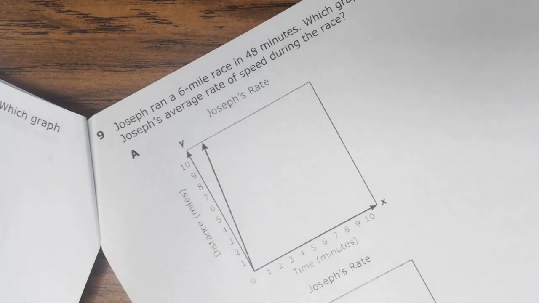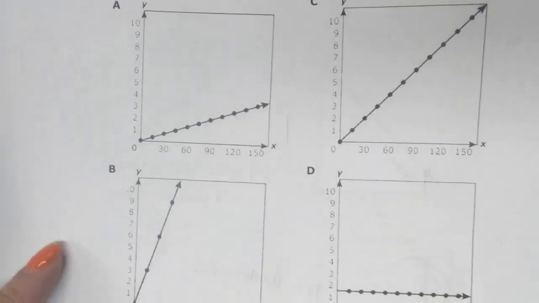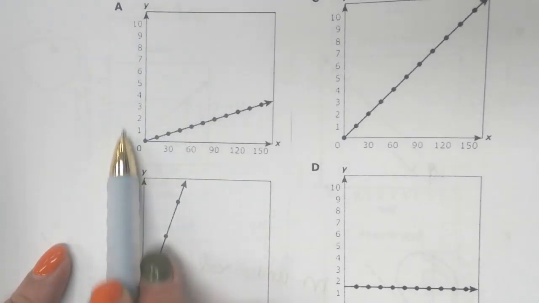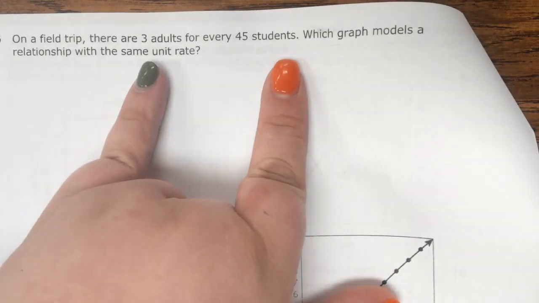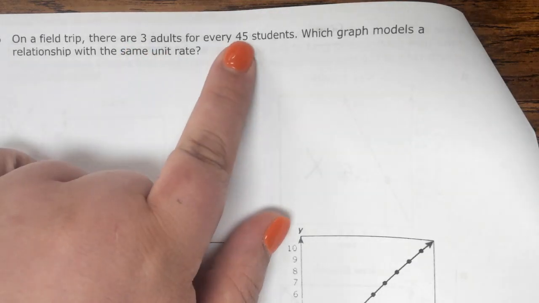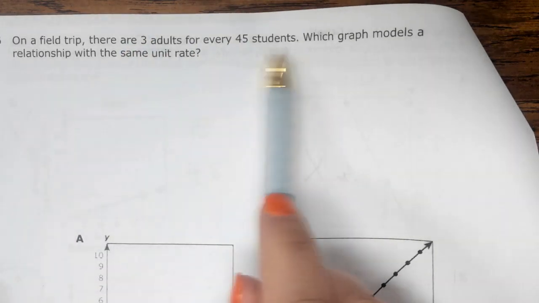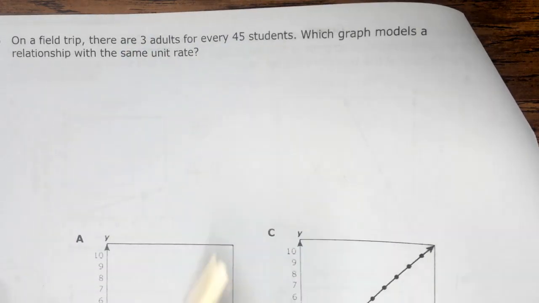There's a similar question to that on number 10. Sorry, not 10. 6. 6 is kind of the same way. You don't have labels on the axes, so you're going to look at the 3 adults, 45 students. The axis with bigger numbers is probably talking about students. And then I did want to also look at number 10,